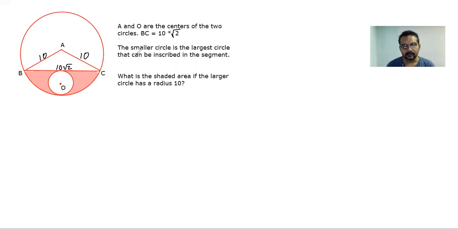Okay. Now, as soon as we see this, the first thing that strikes us is you have 10, you have 10, and you have 10 root 2. So that's a 1 : 1 : root 2 side ratio. So obviously it's a 45, 45, 90 right angle triangle, right? With these two angles being 45, 45, and this angle being 90 degrees.